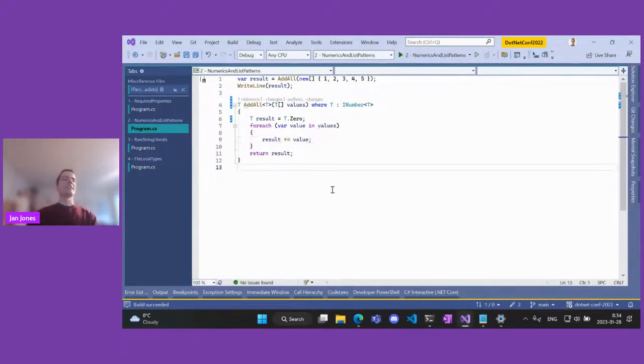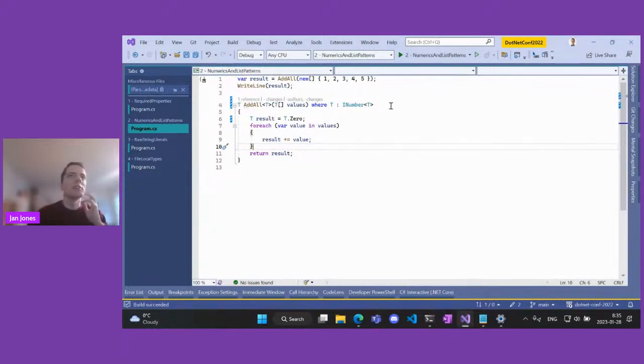So this is a nice way to make your numeric algorithm more generic. And even if you yourself wouldn't want to use this, it's nice also for library authors. Like even .NET Standard Library can use this now, and it makes the library smaller, so your apps are then smaller and so on. Okay, now that's for this static abstract members and static virtual members.